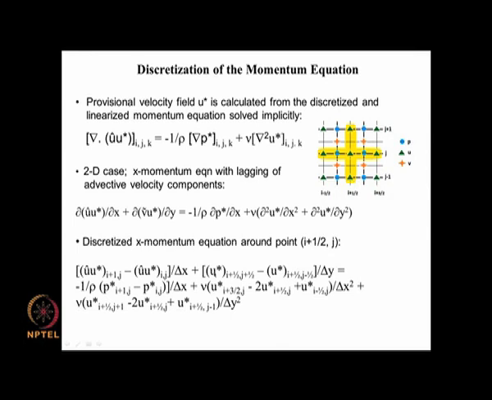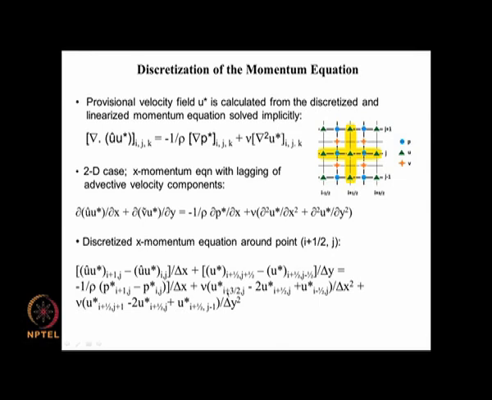So there is a V that is missing here, V hat V tilde at I plus half j plus half, so that is this one, minus V tilde I plus half j minus half, so that is this one, divided by delta y. We are writing it like this. And pressure gradient at this point is written as P I plus half minus P I minus half divided by delta x. So this one is evaluated as P at this point minus P at this point divided by delta x, and this is done using central differencing.